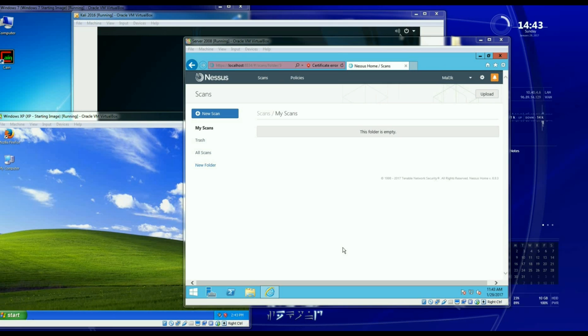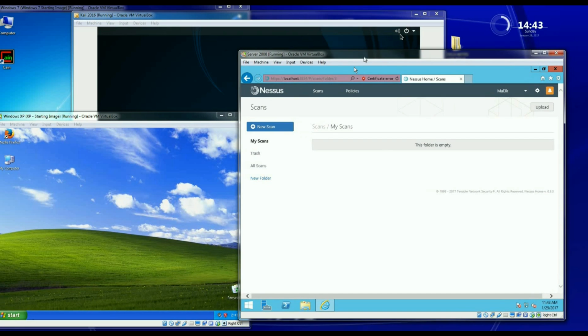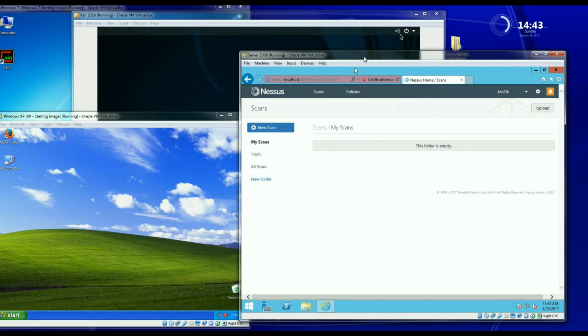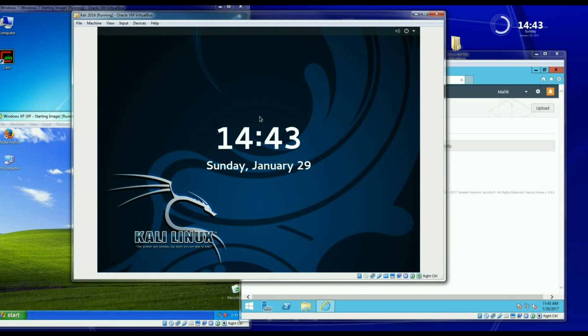So I do have Nessus installed on my Server 2008 box. It could have been installed on Kali. It could have been installed on Windows 7, Windows 10. It really doesn't matter. Since I'm only running the trial version, I went ahead and just installed it on Server 2008. I am running my Kali 2016.2 box,